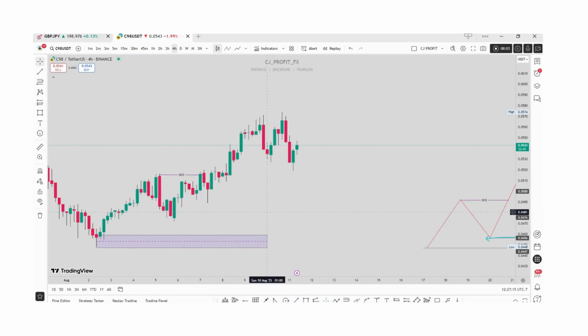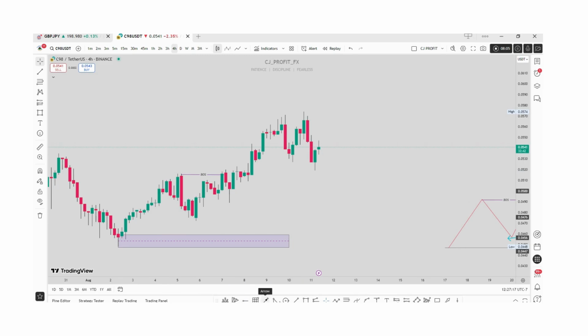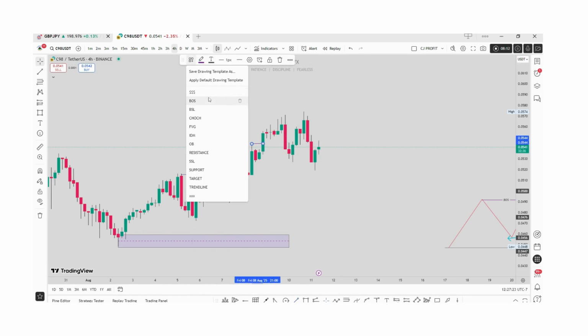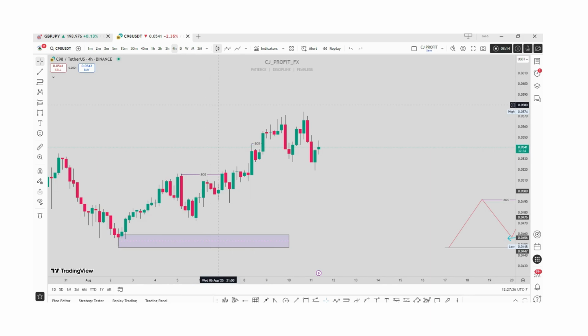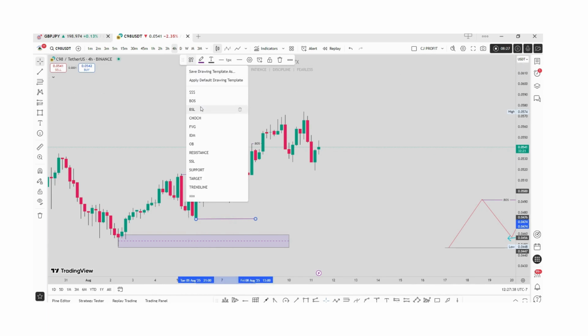Remember, this is the 4 hours time frame. We still have another break of structure here, but it's not that much. Although, let me say in a smaller picture, okay, we have a break of structure. Then if you want to consider an inducement area, this is an inducement area. This is a turning point or a pullback that doesn't take out the previous low. So this is an inducement.